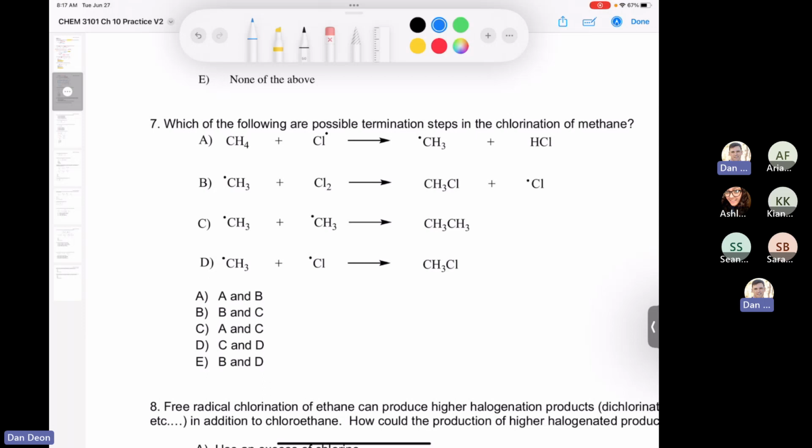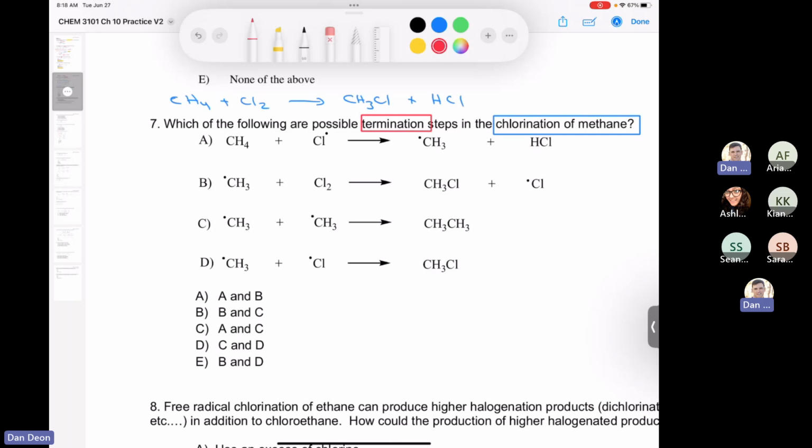Well, we actually looked at this reaction in detail in chapter 10. There's a whole section on the chlorination of methane. And if you remember, the chlorination of methane went something like this. You take methane plus chlorine, and you end up with methyl chloride, so CH3Cl, plus you end up forming HCl as well. Now remember, termination is when we annihilate radicals, so we just need to choose something here where we